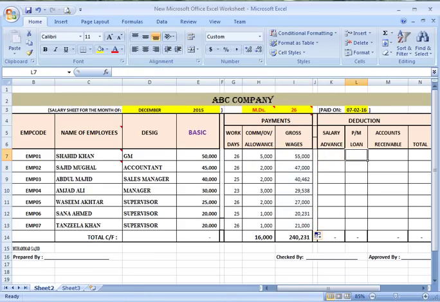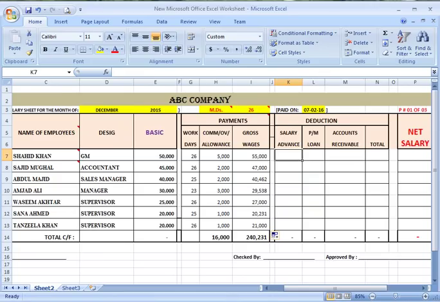Now I'm going to the portion of deductions. Suppose Shahid Khan Afridi has got 2500 as advance salary. Sajid Mughal has got 6000, 5500, 5000, 1000. He has got nothing. Loan deductions are 2000 per month.